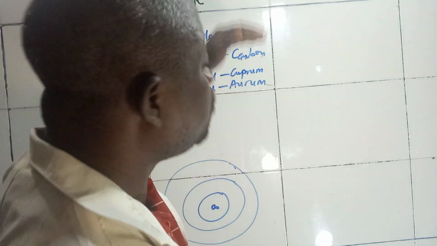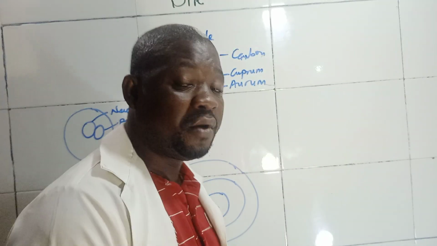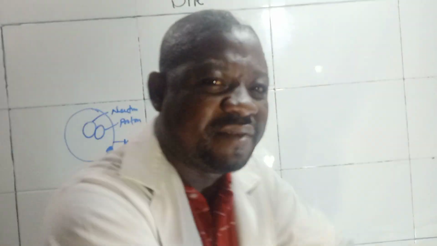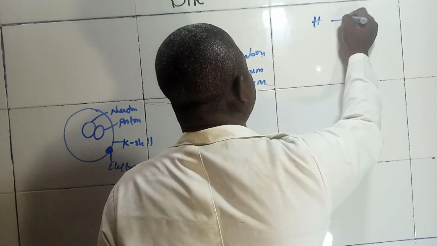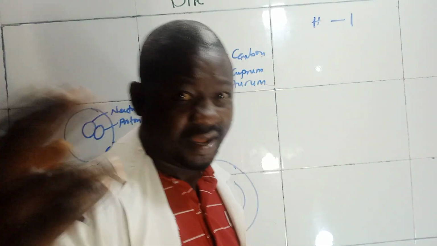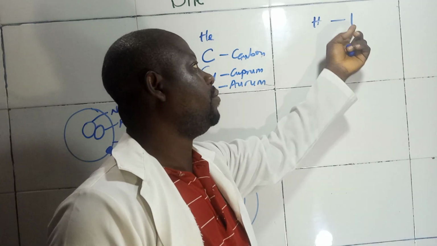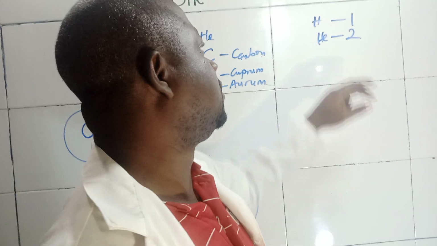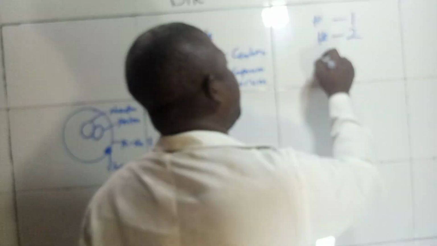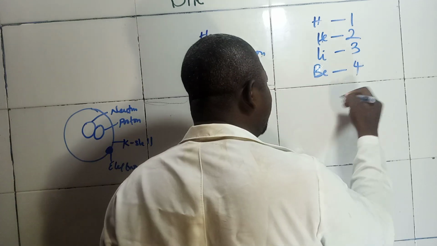So we have helium. They arrange them based on what we can easily understand. We play with numbers, we play with letters. That's what they use to pass the message across to learners so that they can easily understand what they were trying to teach. So they said hydrogen is one, in terms of weight. Maybe you have a scale. By the time they weigh hydrogen, we give it one. Helium, let it be two. You can have lithium, which is Li, let it be three. You can have beryllium, let it be four.